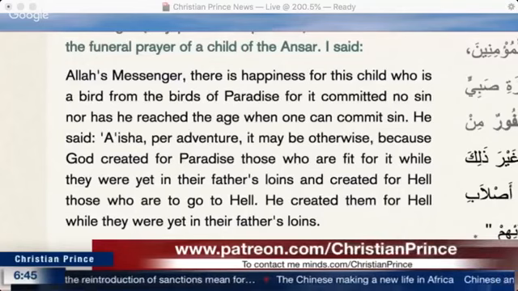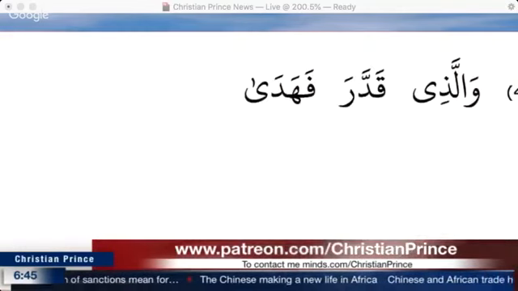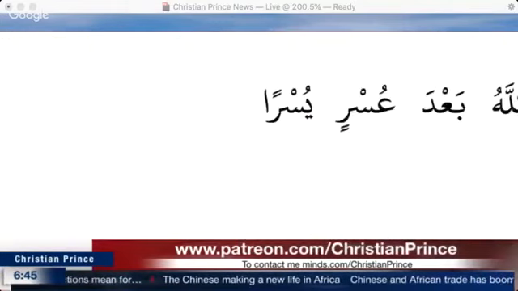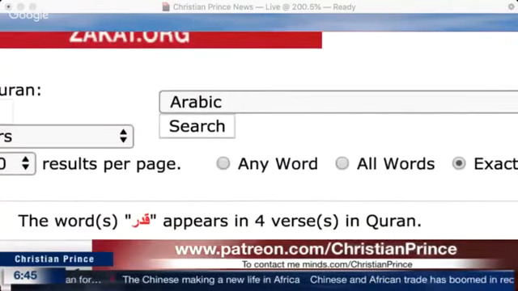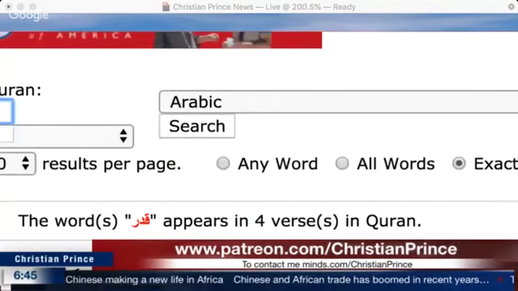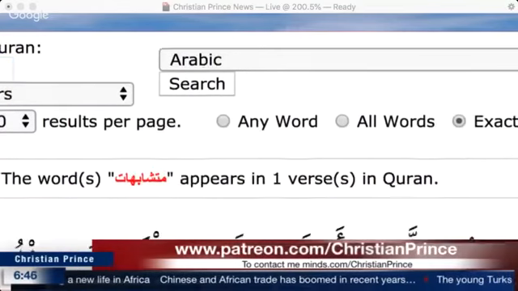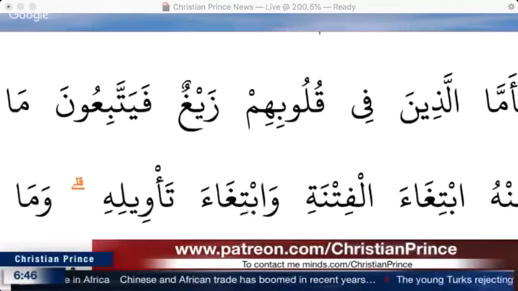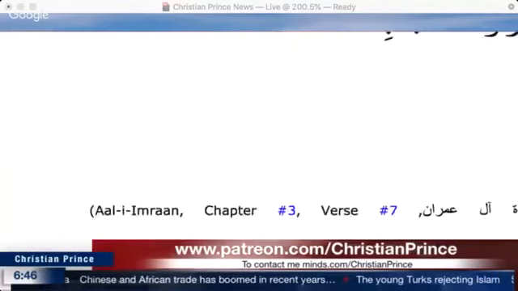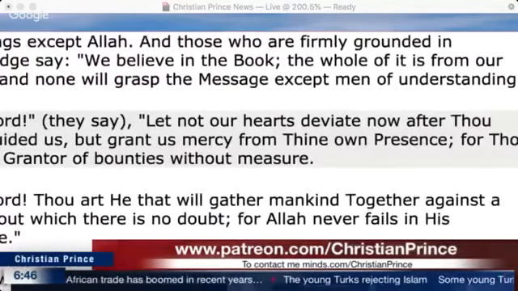Doesn't the Quran say in chapter 3, verse 7, that this Quran has some verses that are clear and some that are mutashabih? Right, which means similar verses but unclear. Only Allah knows the mutashabih. Okay, and what will those verses do? Those who have a disease in their hearts will seek fitna by seeking understanding of them. They will go outside the Quran for the understanding.